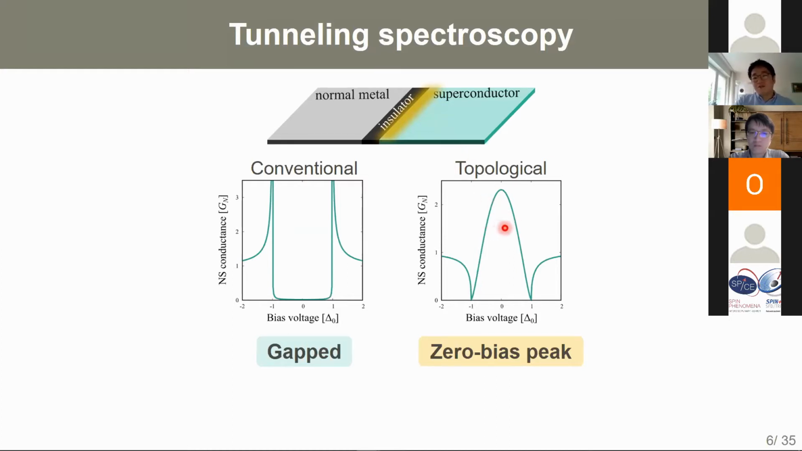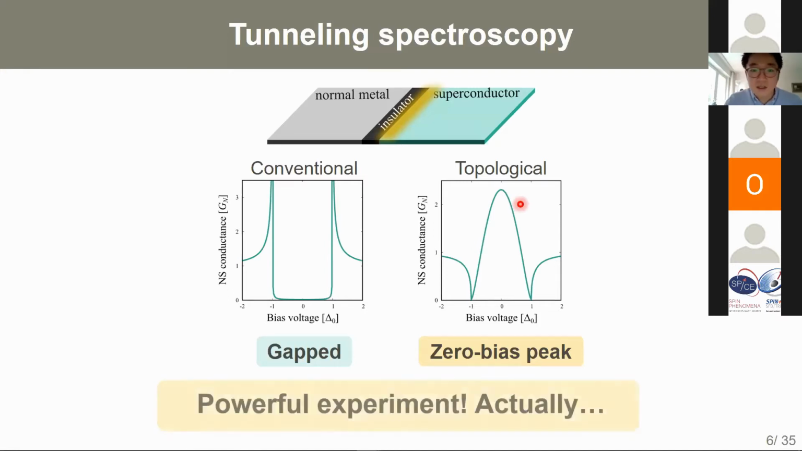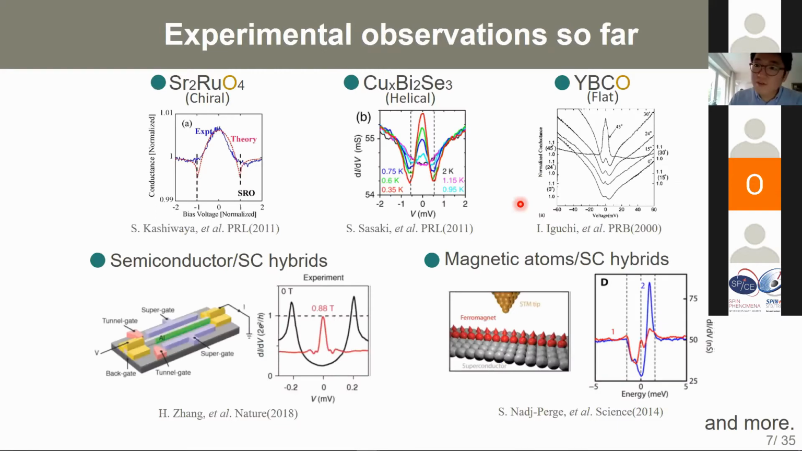Actually, the shape of the peak, the detailed structure of the peak, depends on the model or the real configuration of the materials and so on. But the emergence of inner-gap enhancement of conductance is quite ubiquitous behavior in the presence of topological edge states. So actually, tunneling spectroscopy is one of the most powerful experimental methods for identifying the presence of topological edge states. And actually, most of the experimental evidence for topological edge states so far has been obtained from